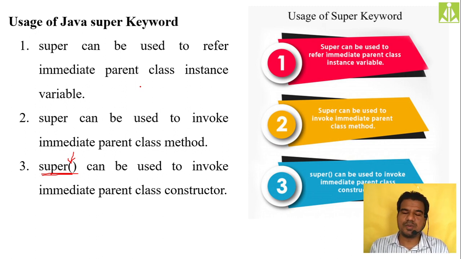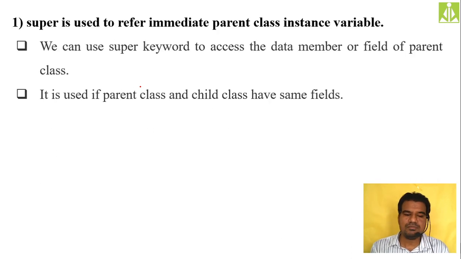Okay. So the super keyword represents the immediate superclass object. Using the immediate superclass object, we can call the immediate superclass methods using the super keyword. And we can even call the immediate superclass constructors using the super keyword like a method. You can even pass the parameters to this super constructor just to invoke the overloaded constructors from the superclass.